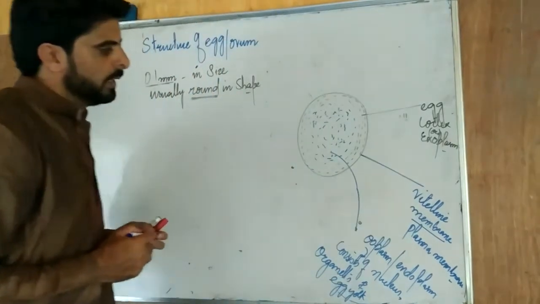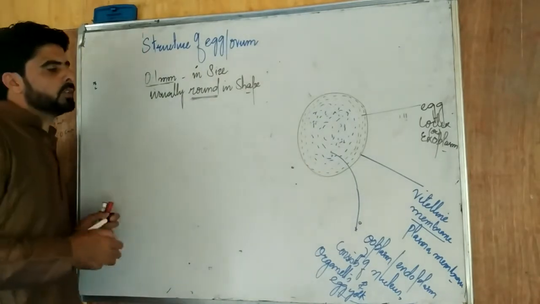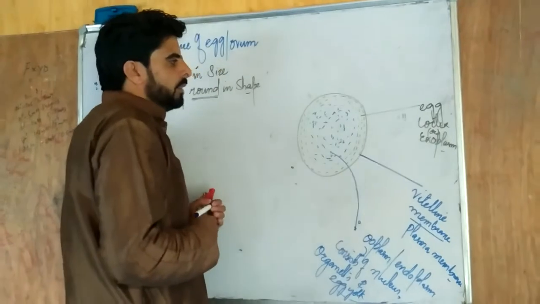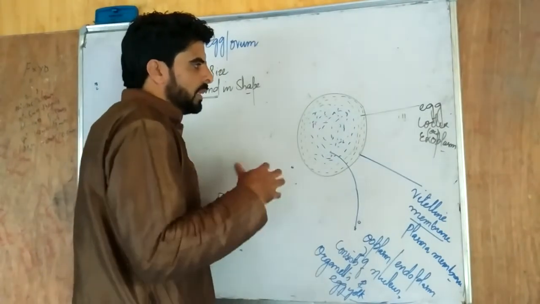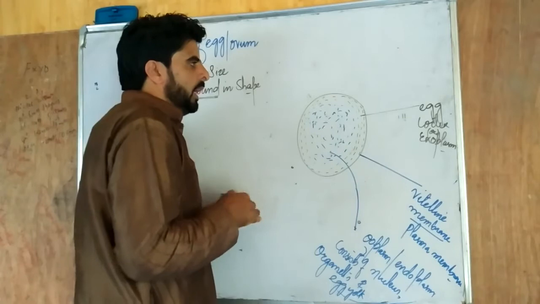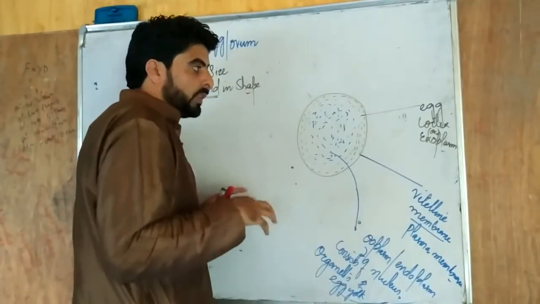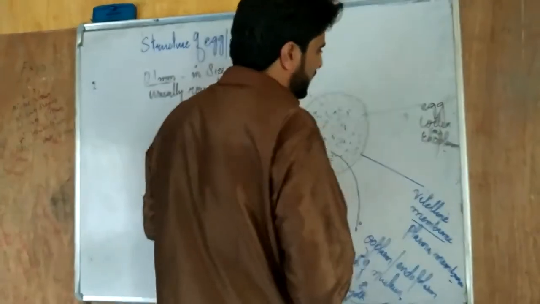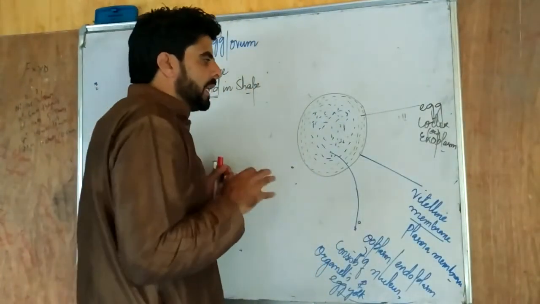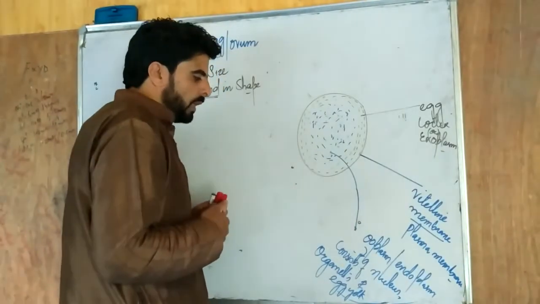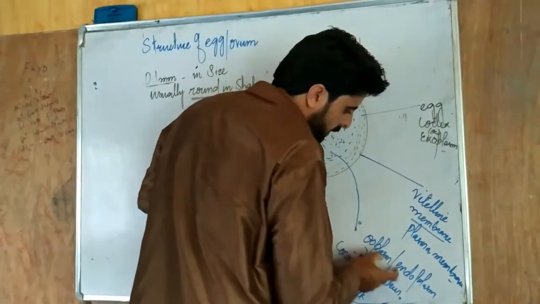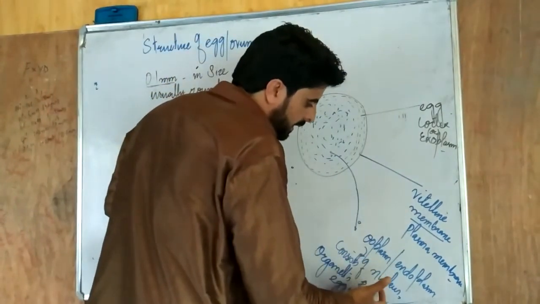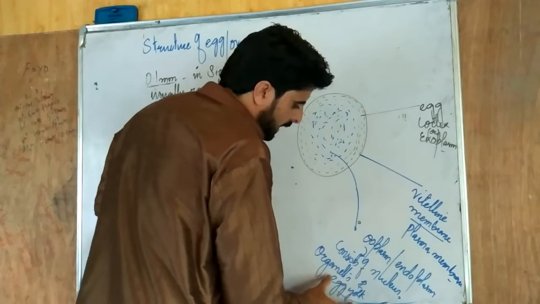So you have to keep in mind the cytoplasm is divided into two parts. The external part is a transparent part, meaning light easily passes through it. That's why we call it the transparent part. This is known as the egg cortex, or it can be called the exoplasm. Then inner to it is a dense, opaque cytoplasm, known as the ooplasm, or the endoplasm. It contains the nucleus, organelles, and egg yolk.